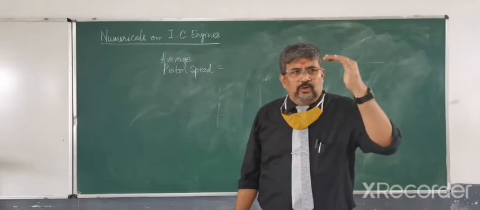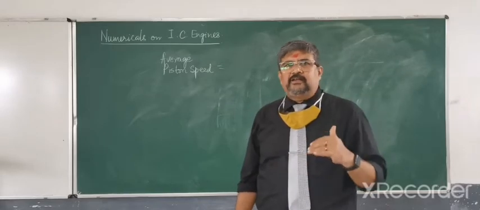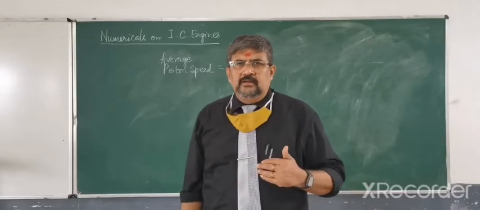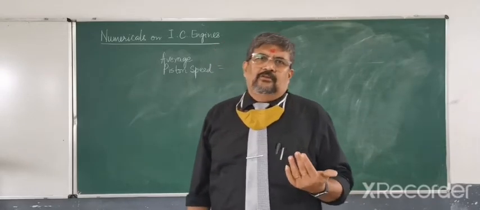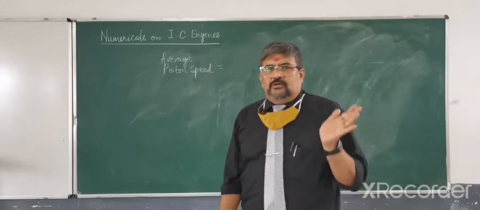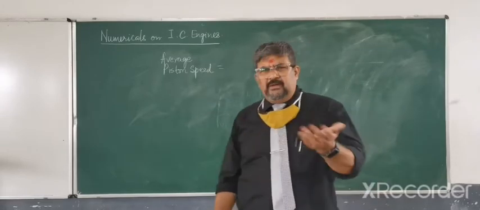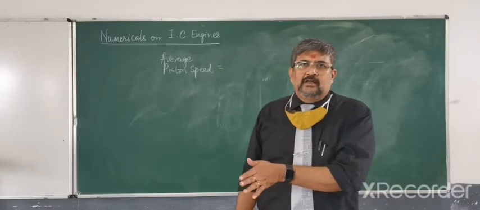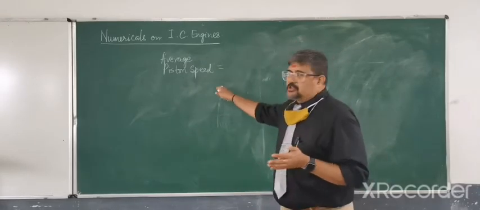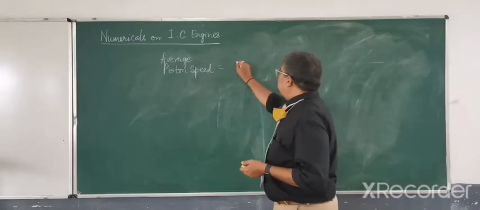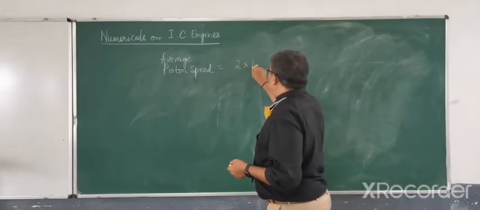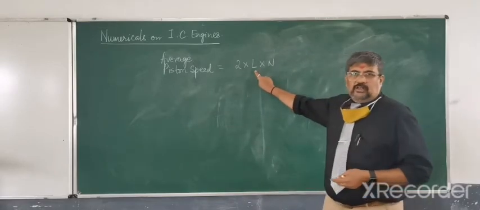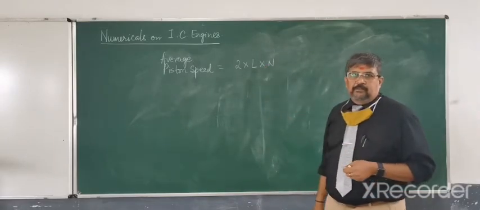It is going to move at a rapid rate during the expansion stroke. Maybe during the repeating strokes, it may not move with the same speed. So considering all the 4 strokes or maybe even 2 strokes, we find out the average piston speed, and this average piston speed is normally given by the equation 2 into L into N, where L is the stroke length and N is the engine RPM.